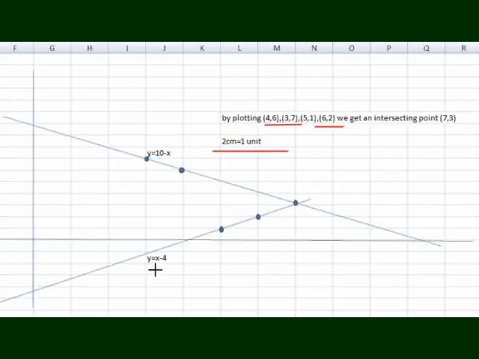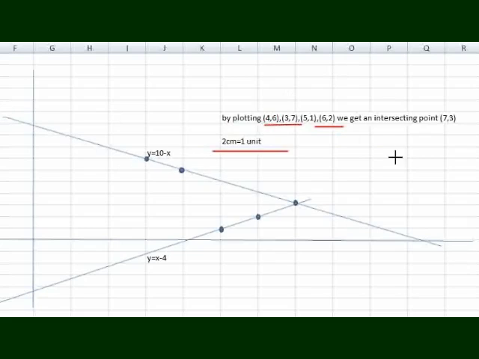On the x-coordinate we find where the exact point of 3 is located. So this is 0, 1, 2, 3, and next we will find where point 7 on the y-axis is located: 1, 2, 3, 4, 5, 6, 7. So here will be the point 3, 7. After this we will join these 2 points and draw a straight line.